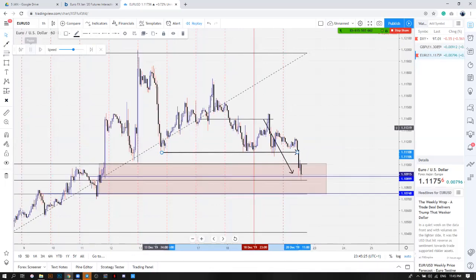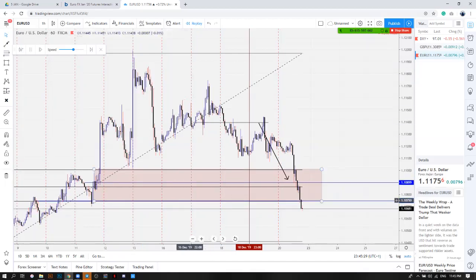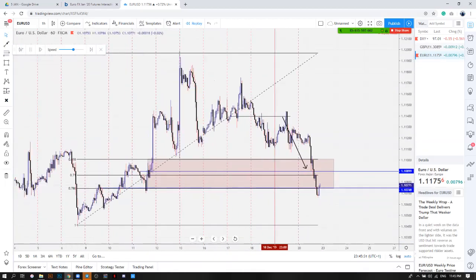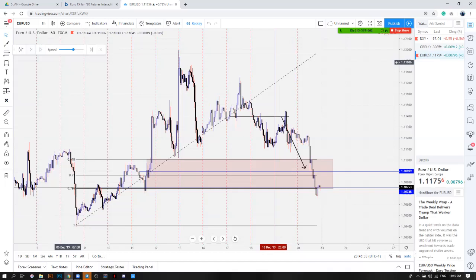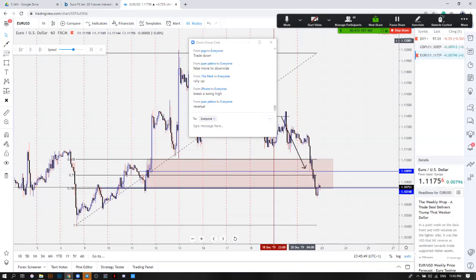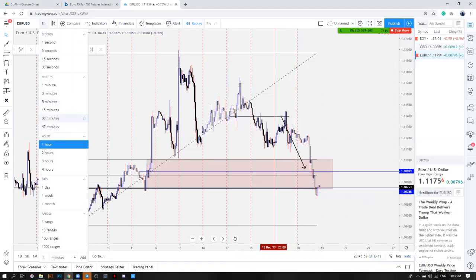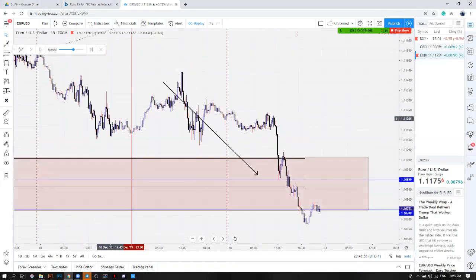Okay. Equal lows smashed through. Perfect. Delete that. Okay. So now, what are we waiting for price to do? Now that price is currently in our region and we understand we're still bullish, what are we looking for price to do? Break, exactly. Break the swing high. Perfect. So you go to your smaller time frame.